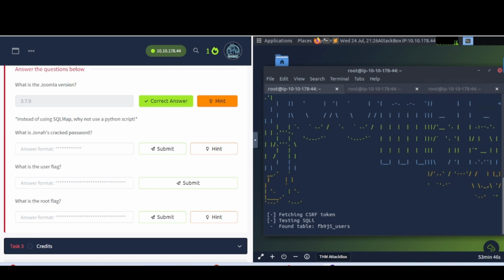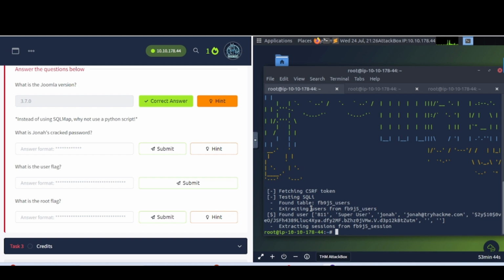like so. So it's going through doing some SQLi stuff, and you can see that it found user, super user, Jonah, jonah@TryHackMe.com, and then this looks like a hashed password here. Now it says that you may need to use something like Hashcat or maybe John the Ripper, but for like the